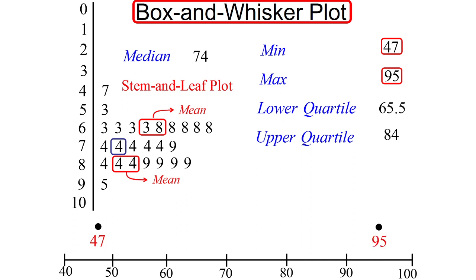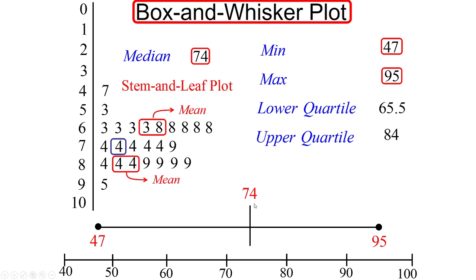All right? Now, I bet you I did the median. Draw this segment, and the median is 74. And we're going to go a vertical line right there for the 74. Okay, beautiful. Okay, and then you need another vertical line for the lower quartile. So that would be at 65.5